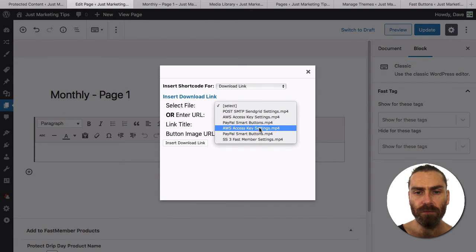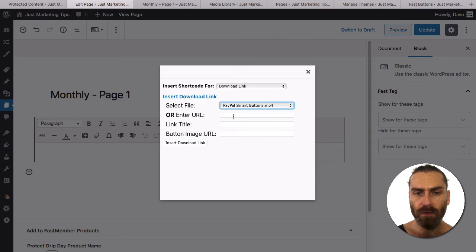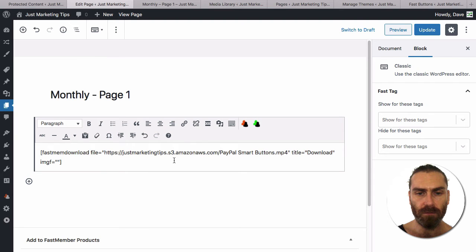And then we can choose this video that's here, PayPal Smart Buttons, and then download. And again, we can use a button image, just insert, and you'll see it gives us the entire URL for where that file is located. And if we just update it,